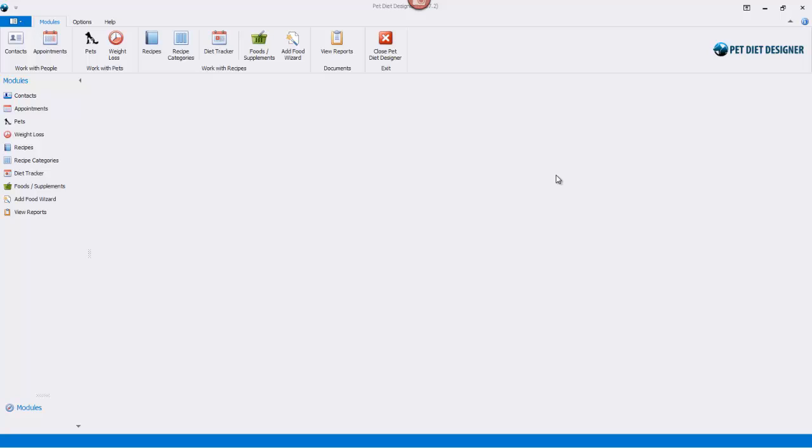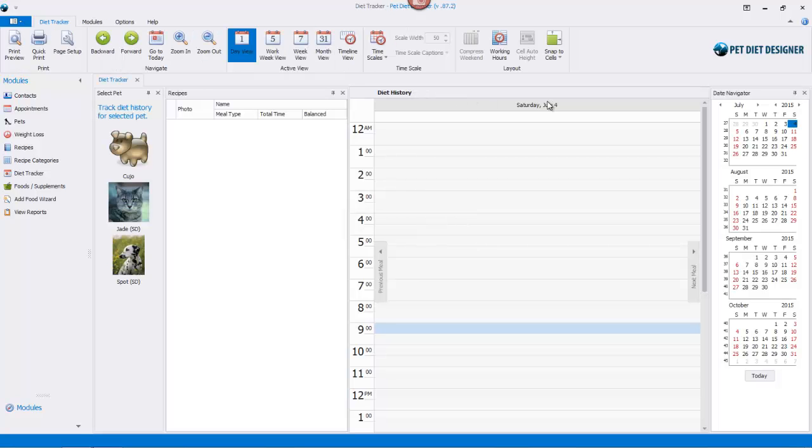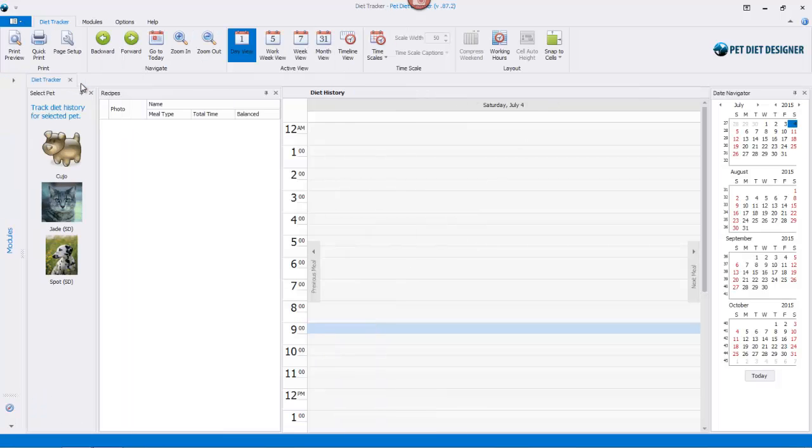The diet tracker module is where you record your pet's diet history. You can either click on the diet tracker here on the module sidebar or the button on the ribbon. So let's click it, and then we'll just make a little bit more room. So here we have basically a calendar,